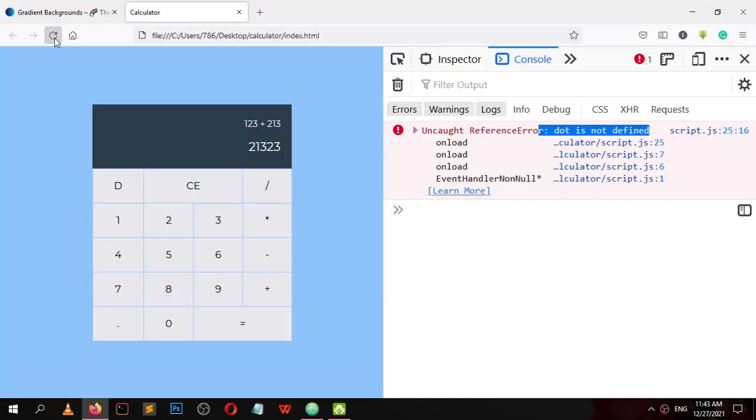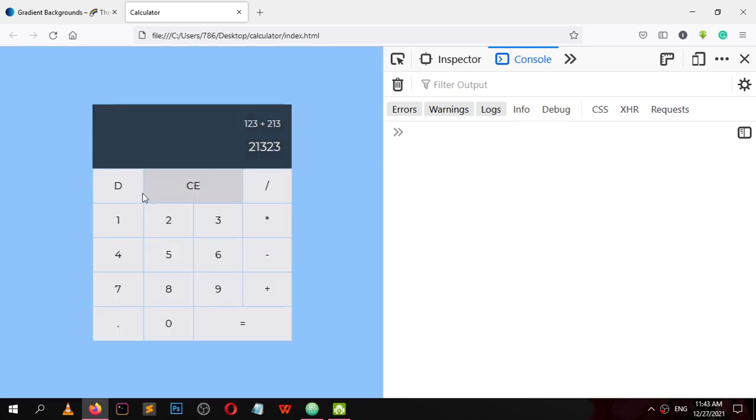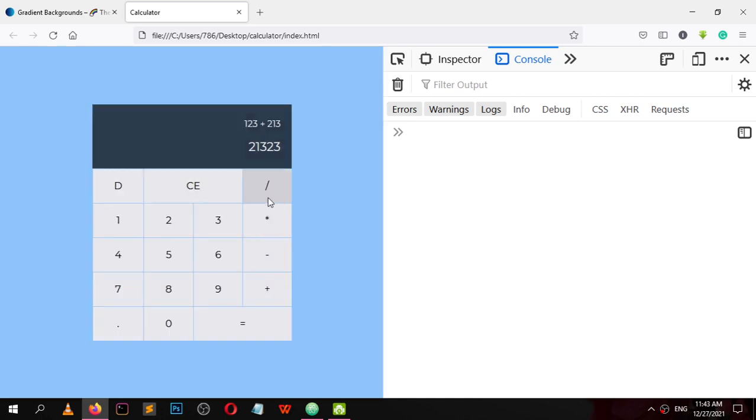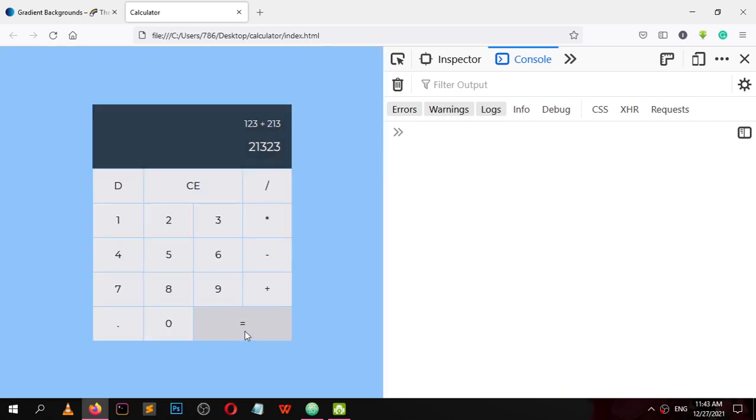Reload and click here. Dot. Delete, clear all, and operator, these four are operators. This is dot, and what remains is this one and these buttons.